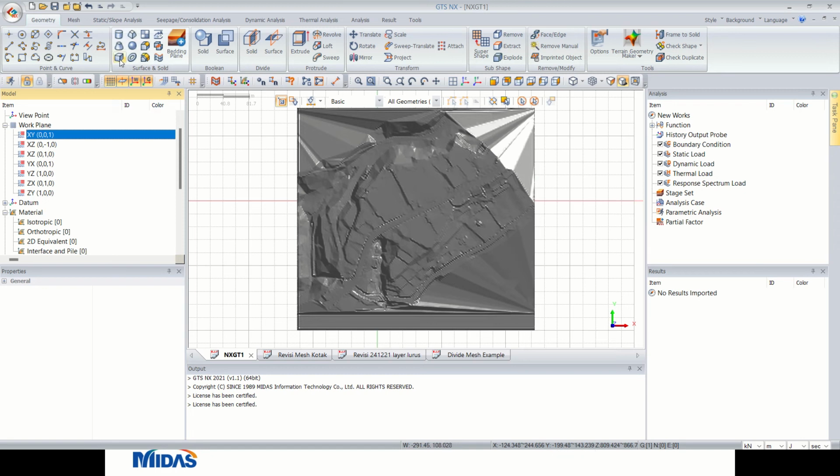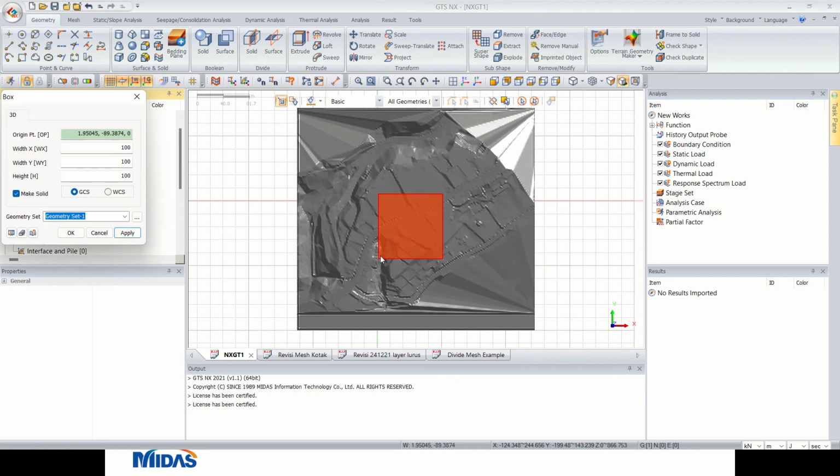Then you go to this box, make a box, then you can roughly guess where is your model. You don't need to make it so big. You can go to, let's say, minus 200, minus 150, and maybe I want to make my model 100 meter deep, so let's make it 100.